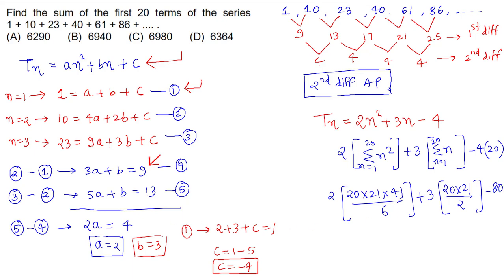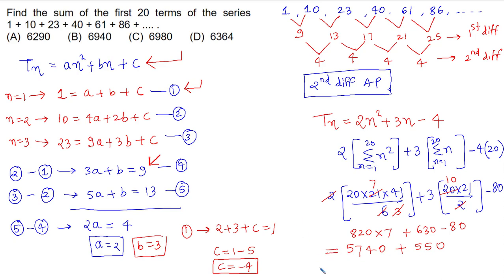So now let's cancel it out. 2 3s are 6, 3 7s are 21, so this is going to be 41. 41 into 20 is equal to how much? 820. 820 into 7, that is equal to how much? 7 2s are 14, 7 8s are 56 and 5 is 61, that gives 5740. Plus this is going to be how much? 2 10s are 20, that is equal to 210, that is equal to 630. 630 minus 80 is equal to how much? 550.